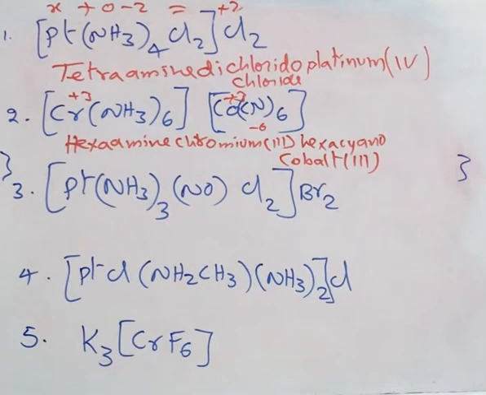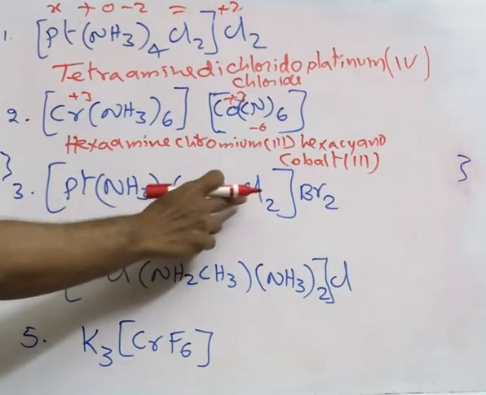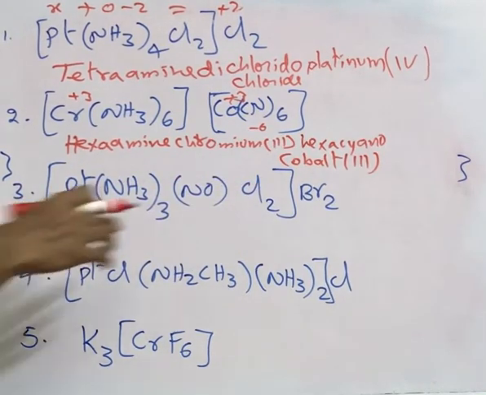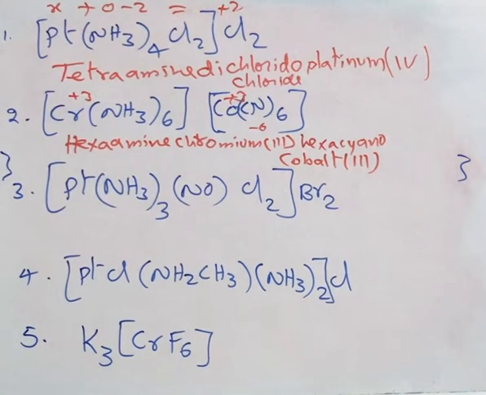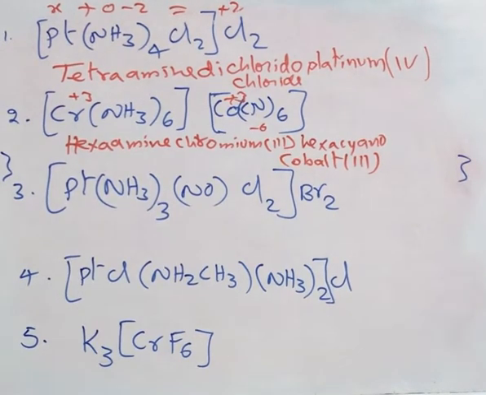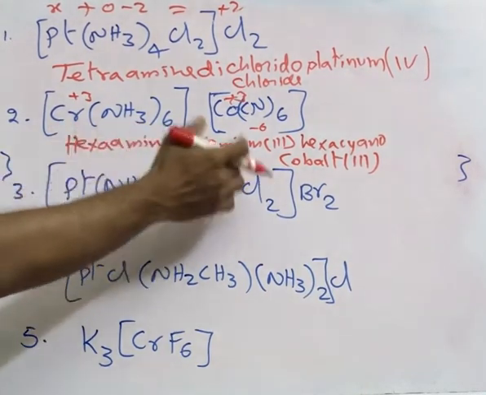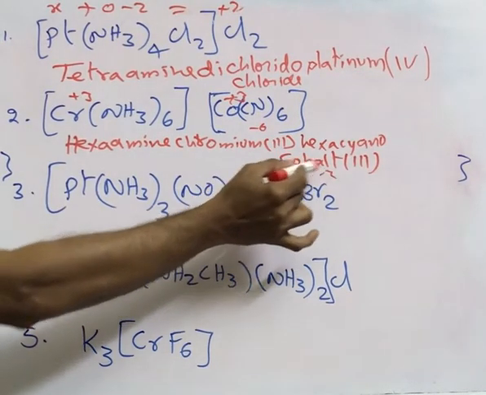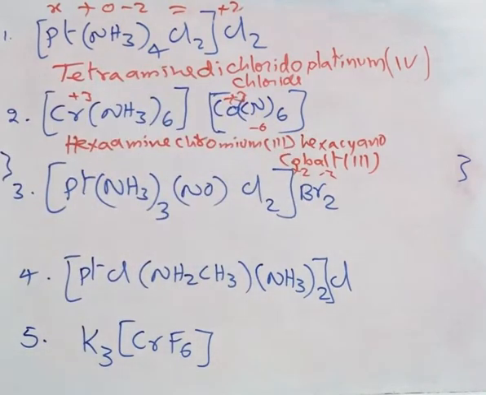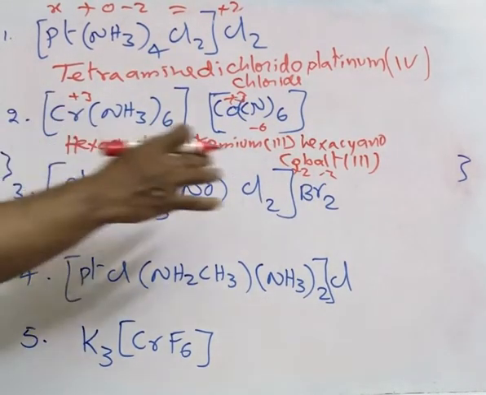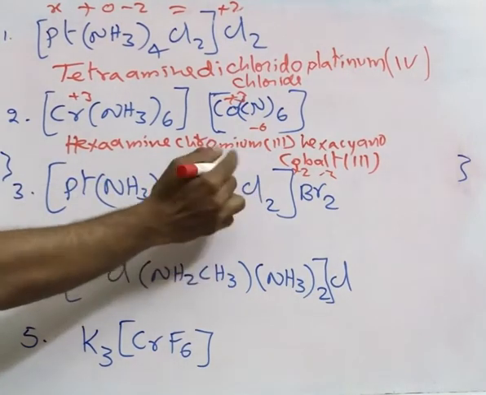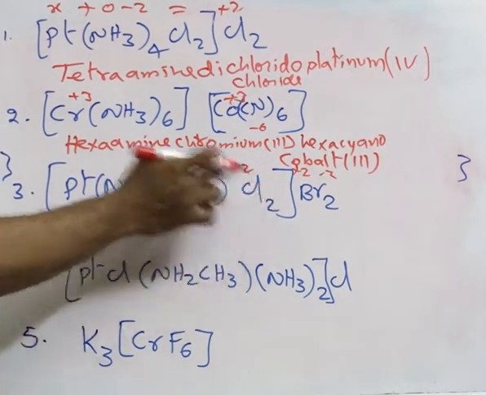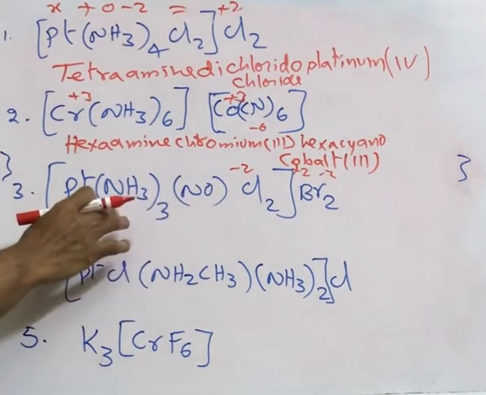This is platinum. Once again, I have 3 different ligands. This you know, amine, this we know, chlorido, but this is the one called nitrosyl, and it is a neutral ligand. So now if you want to find out first the oxidation state of this particular metal, we need to do like this. Once again, bromine -1, 2 bromines -2, so this pair should get +2. Is it not? So this pair total is +2, where this chlorine is -1, -1, -2, 2 chlorine ions. This is neutral, this is neutral.